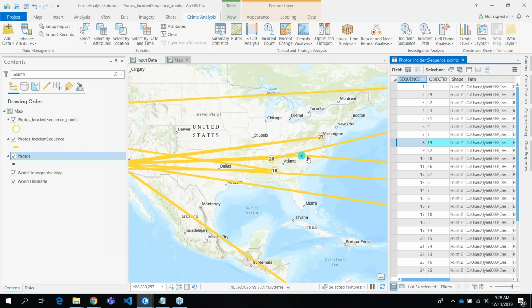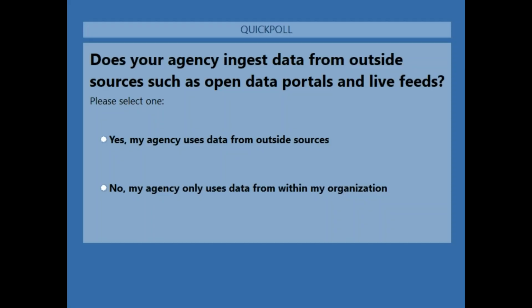At this point, Carl, we want to go back and poll the audience for another question, right? Yep, we have a quick poll question relevant to kind of what we just showed you here. And it is, does your agency ingest data from outside sources such as open data portals and live feeds? So if you folks can answer that,